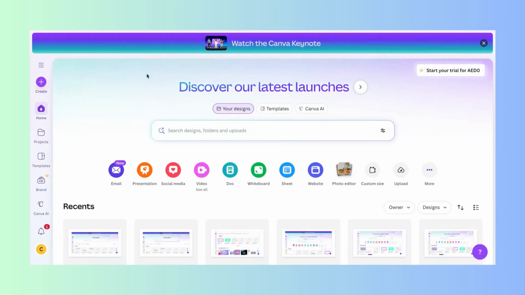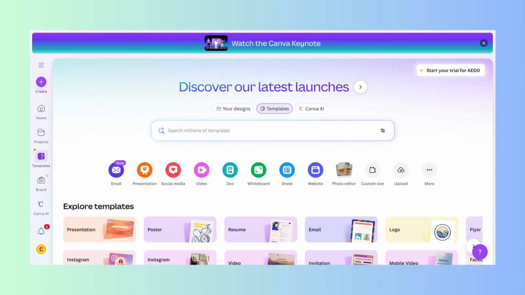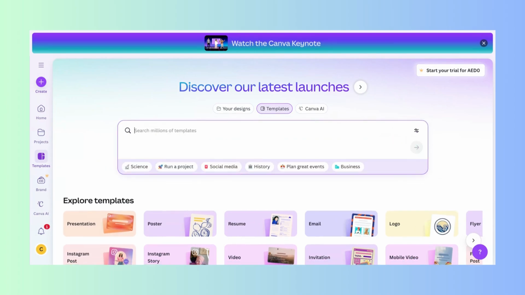Welcome back to the Canva homepage. We're taking a look at templates right underneath the project section. Clicking on this will open up millions of templates that we can search through. We have the search bar that is working together with this templates button highlighted right here. Once we click on the search bar and search for a specific type of template, we will have it pulled